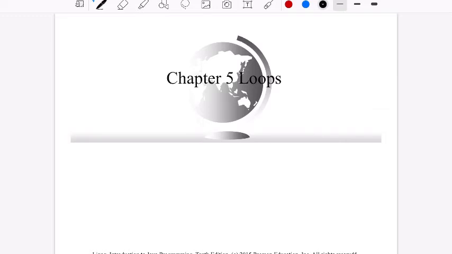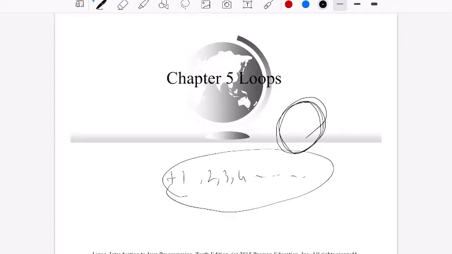Loop is a very important structure in programming. Loop allows you to do repeated tasks. So if you want to do repeated tasks, like count 1, 2, 3, 4, and so on, it helps you do that count very easily. If you have to repeat code or do certain things again and again and again, loop actually will help you